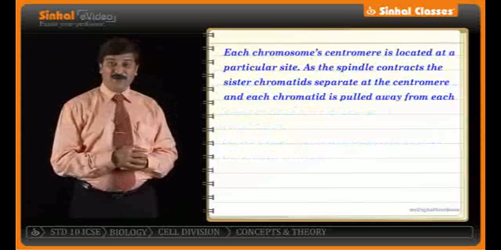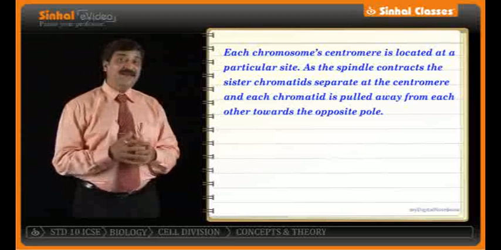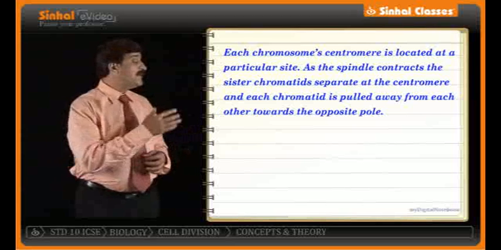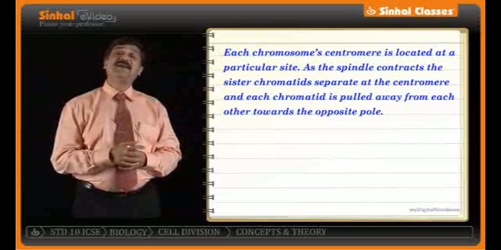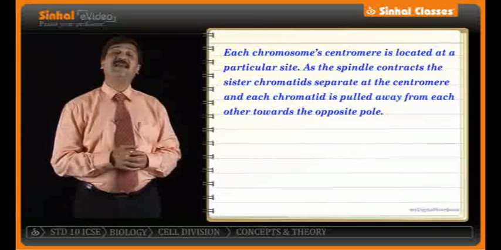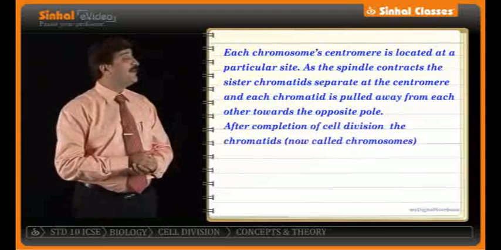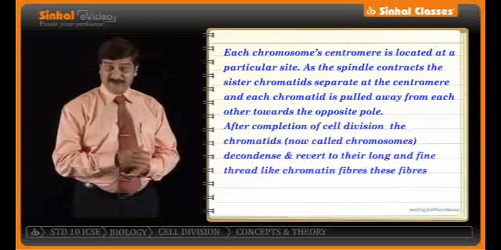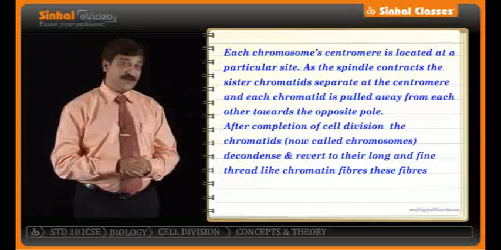As the spindle fiber contracts, the sister chromatids separate and move towards the opposite poles. We have already seen this whole process in cell division. After completion of cell division, the chromatids, now called chromosomes, undergo a process called